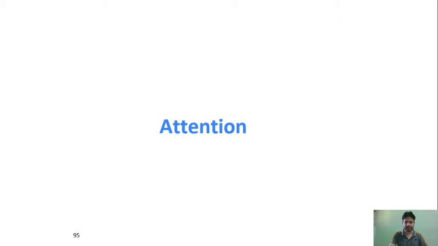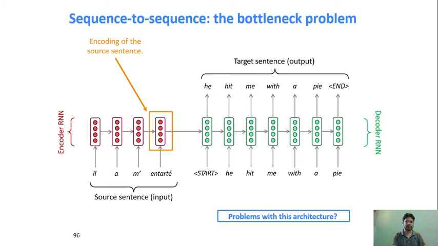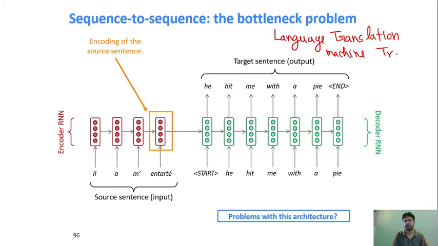So in this video we will see the attention mechanism, but before jumping into that, let's look into the language translation problem. Sometimes this is also known as the machine translation problem. Right? So what we are doing in this is an encoder decoder architecture. So the first part is the encoder part and the second part is the decoder part, right?